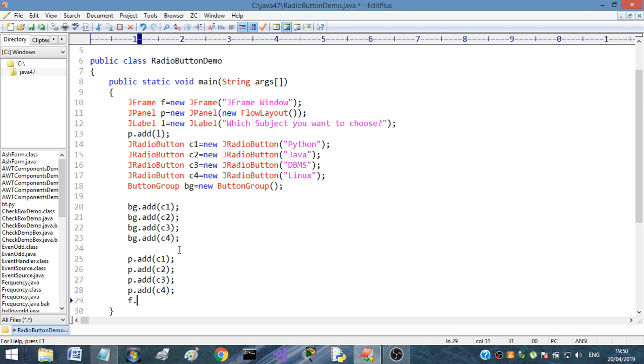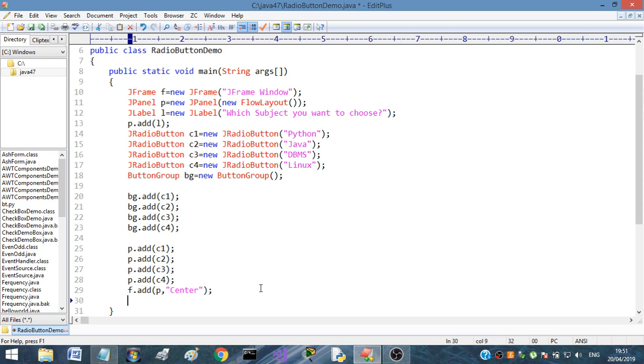Now f.add, and within the parenthesis we'll give p comma, in inverted commas, "Center". What this line will do is add the panel in the frame, and within the frame it will make the panel's alignment center. Like the panel will be in rectangular form, and within the frame the panel will be at the center. Enter. f.set